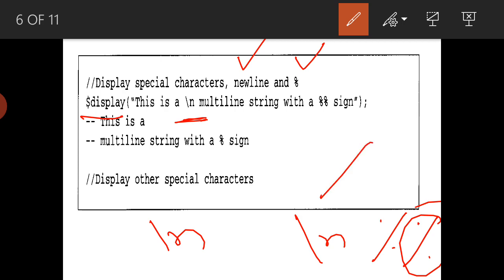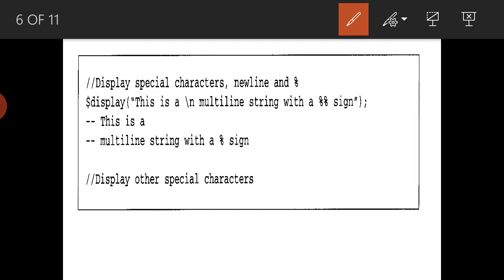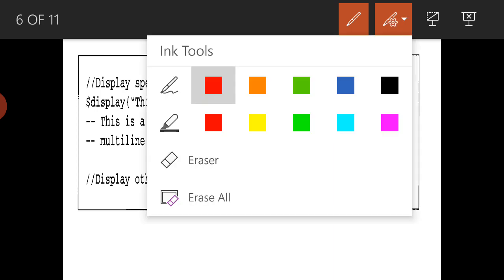If I want to display a new line, I use backslash n, and if I want to print a percentage, then I need to use a double percentage. So this is the new line here. The new line comes and it will display the percentage here. This is how we need to display the special characters.